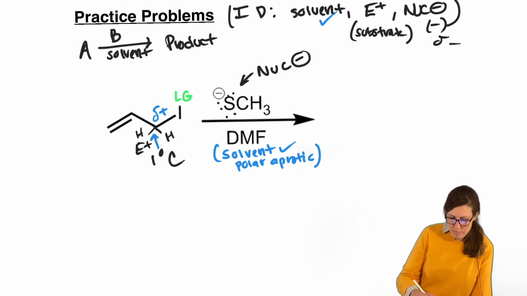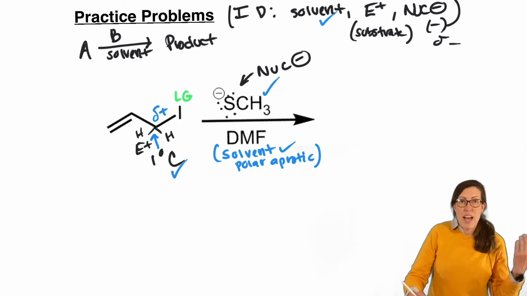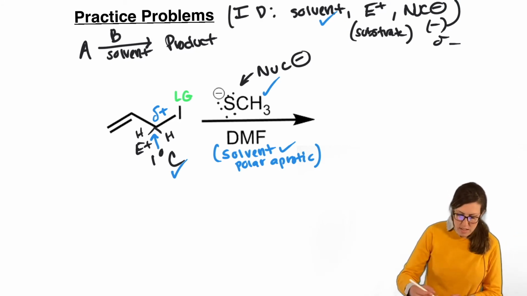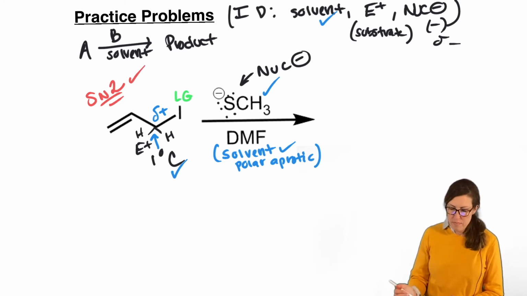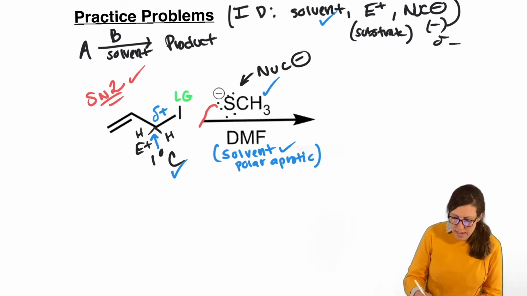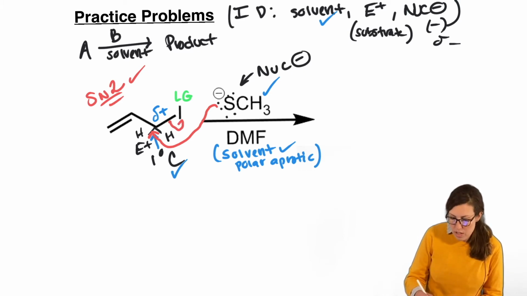We're good to go. We have a primary substrate. We have a strong nucleophile. We even have a good solvent, which we don't always get. So this is definitely going to do an SN2. It satisfies all those requirements. So now we draw the mechanism. Nucleophile attacks. If you have a hard time drawing it from the back, don't worry. It doesn't matter. It matters for the transition state the most. Just show it attack the carbon that has a delta plus, the carbon with the leaving group, in other words, and show the leaving group leaving.